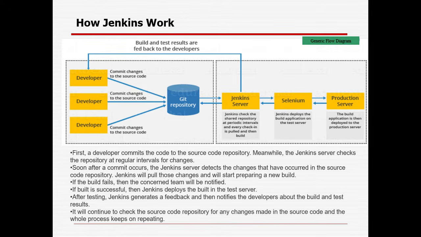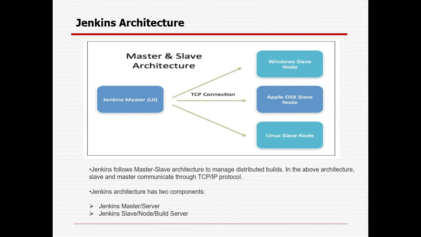So it will check every 15 minutes, 30 minutes or 1 hour, whatever duration you enter in Jenkins. In case it finds any check-ins, it will trigger a build. Once the build is successful, it will go for the test, and it will also provide feedback to the developer. In case the build is not successful, it will not notify the tester. Instead, it will notify the developer so that they can correct and fix the build again. So this is a periodic, repeating process. That's how Jenkins works.